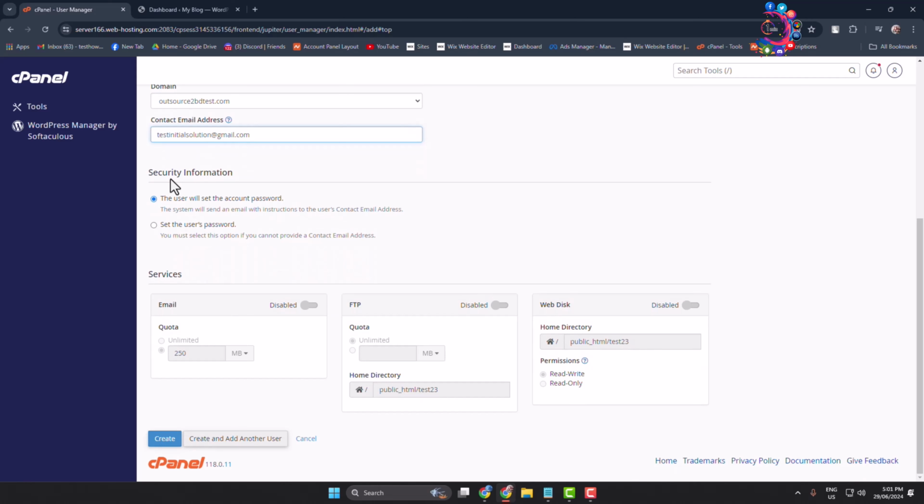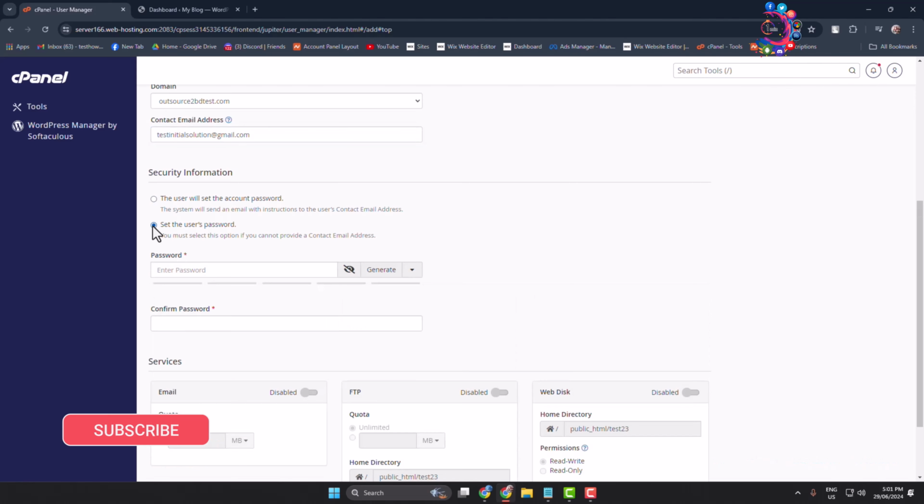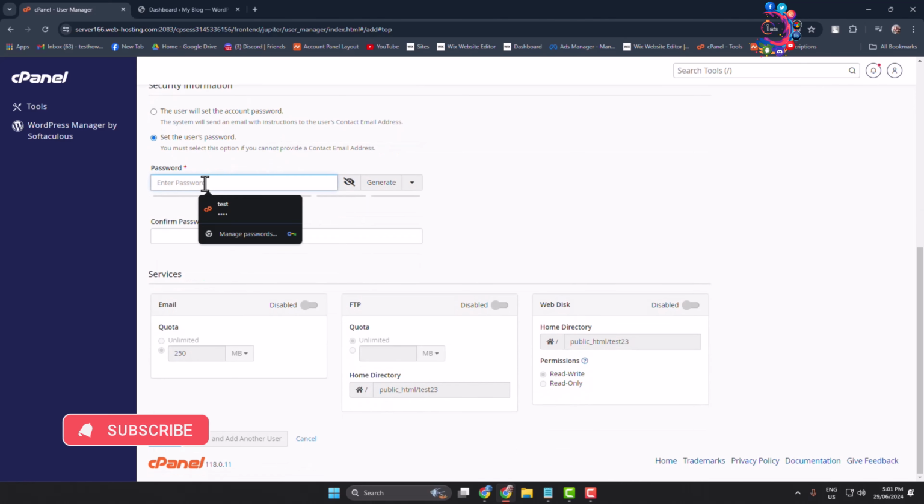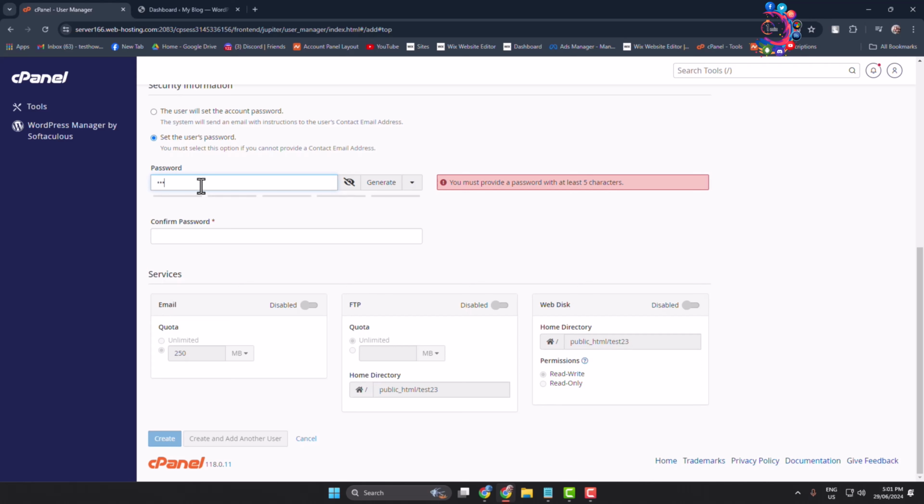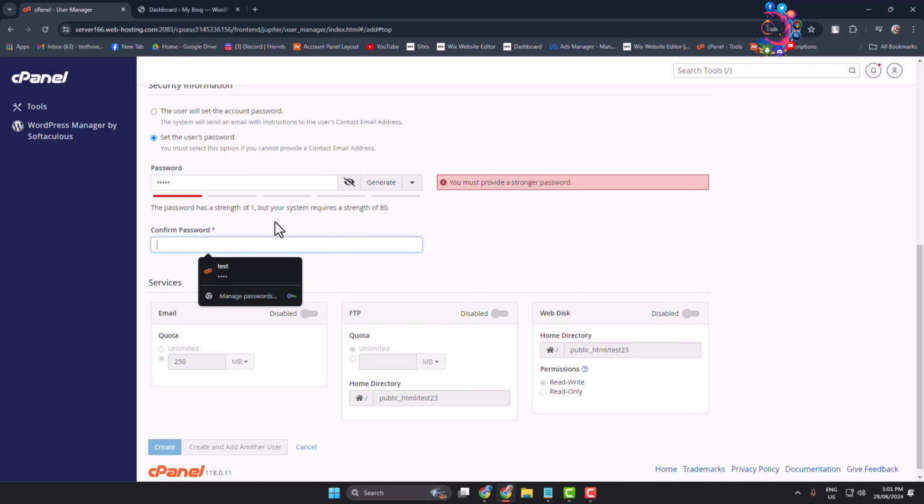and under security information you will find two different options. The user will set the account password: the system will send an email with instructions to the user's contact email address to create a password, or you can select set the user password. In this case, you have to write a strong password for the user. Confirm the password here, and now